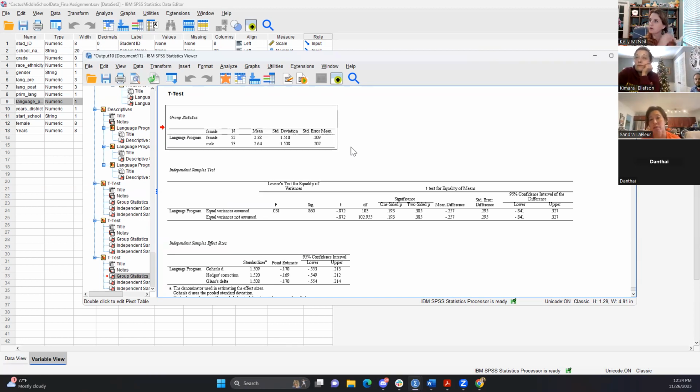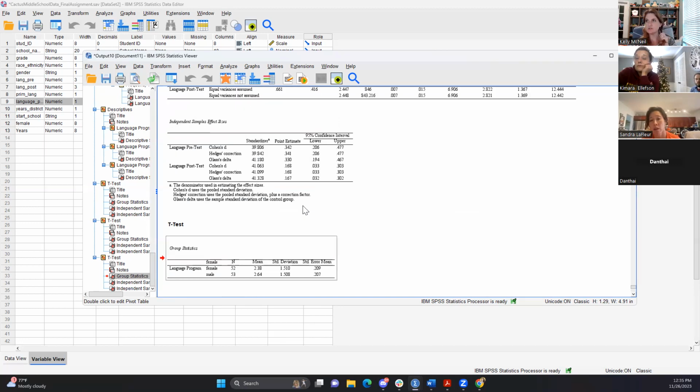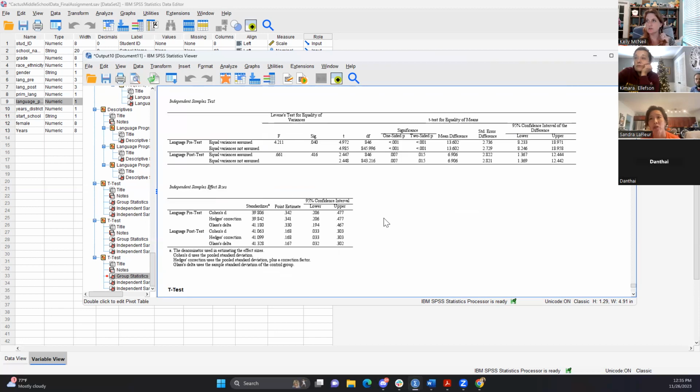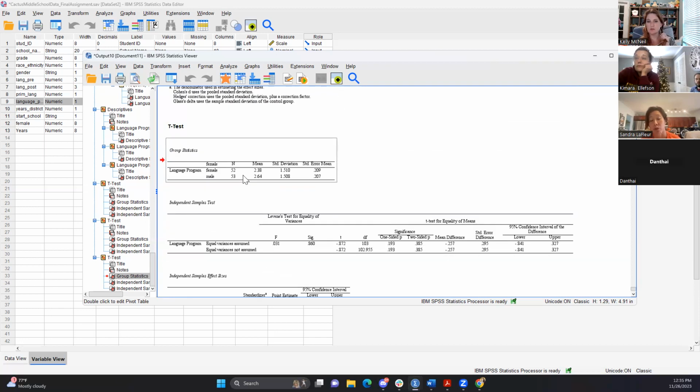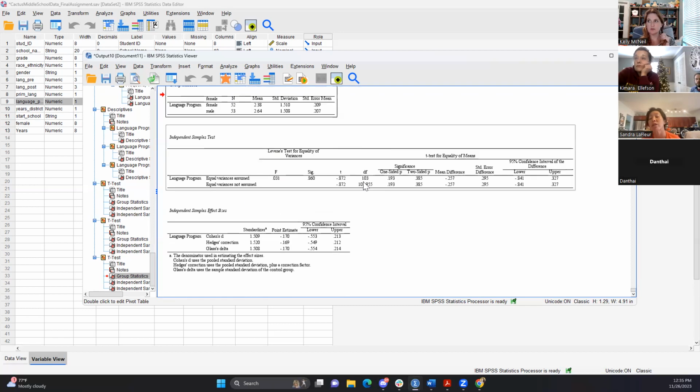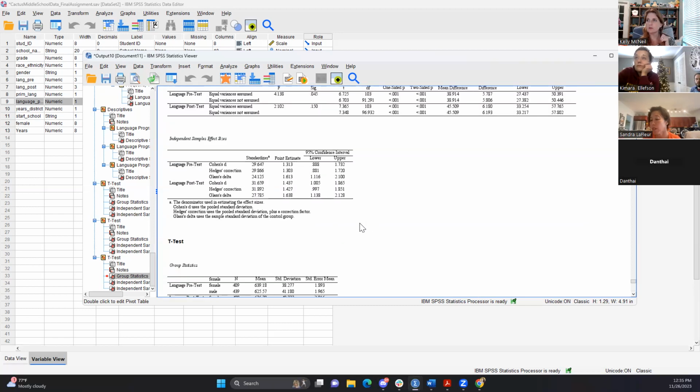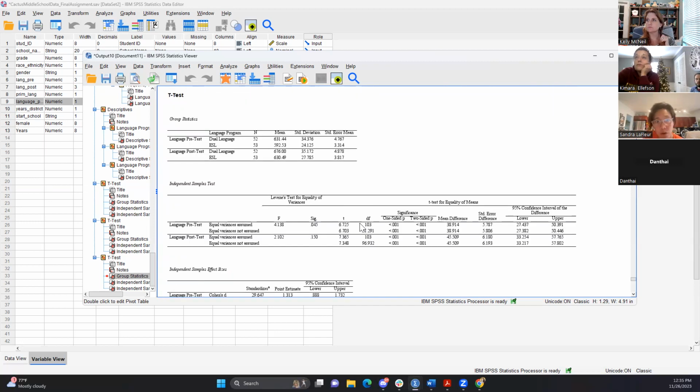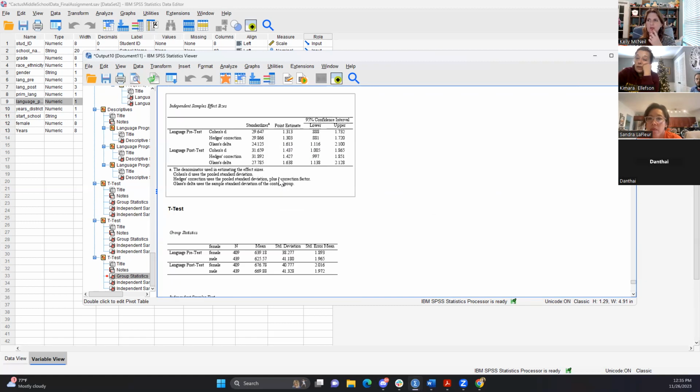Is that coincidence? Well, it's the total number, right? There should be 105 students. Yeah, but I'm just saying the breakdown is so weird. It's 52, 53, and the other one is 52, 53. In terms of the language program breakdown of all students, it's 52. Yeah, that's why I think it's so weird. Now I'm curious. So we may not be looking at female and male, is what you're saying, Sandra.